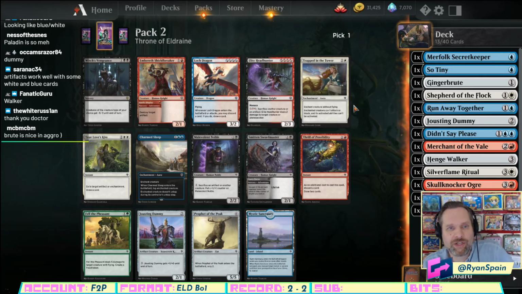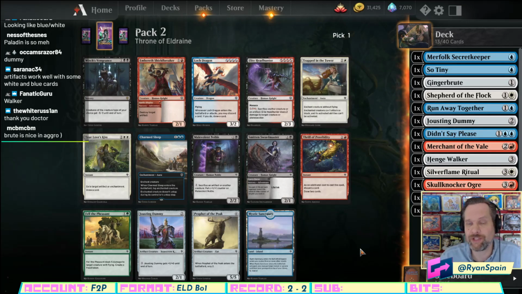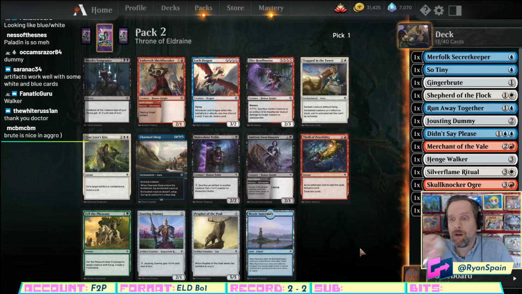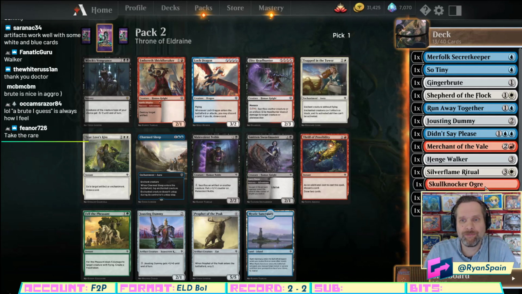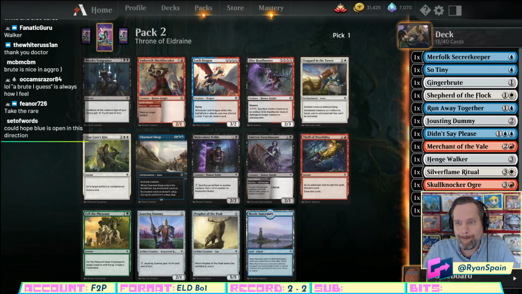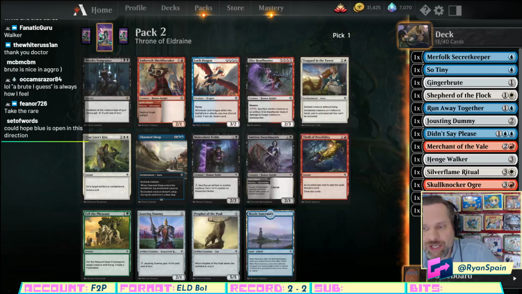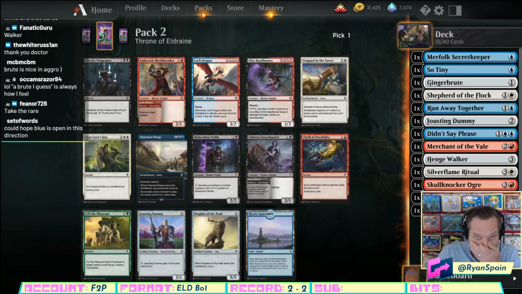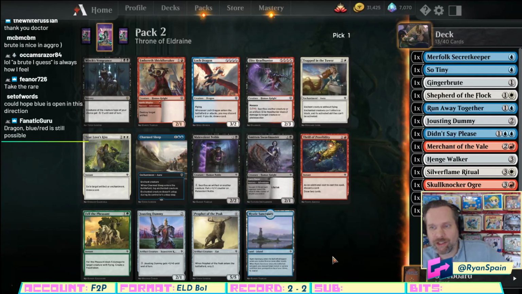Trapped in the Tower, pretty good for white, although again, we didn't really see white. We could take Charmed Sleep under the assumption that we successfully cut blue. What if we are not? Well, God, we just might be though. I don't want to take the rare. We're not in black, and this is the paid account, so we're not even worried about gems. I think it's Charmed Sleep or Trapped in the Tower, depending on...